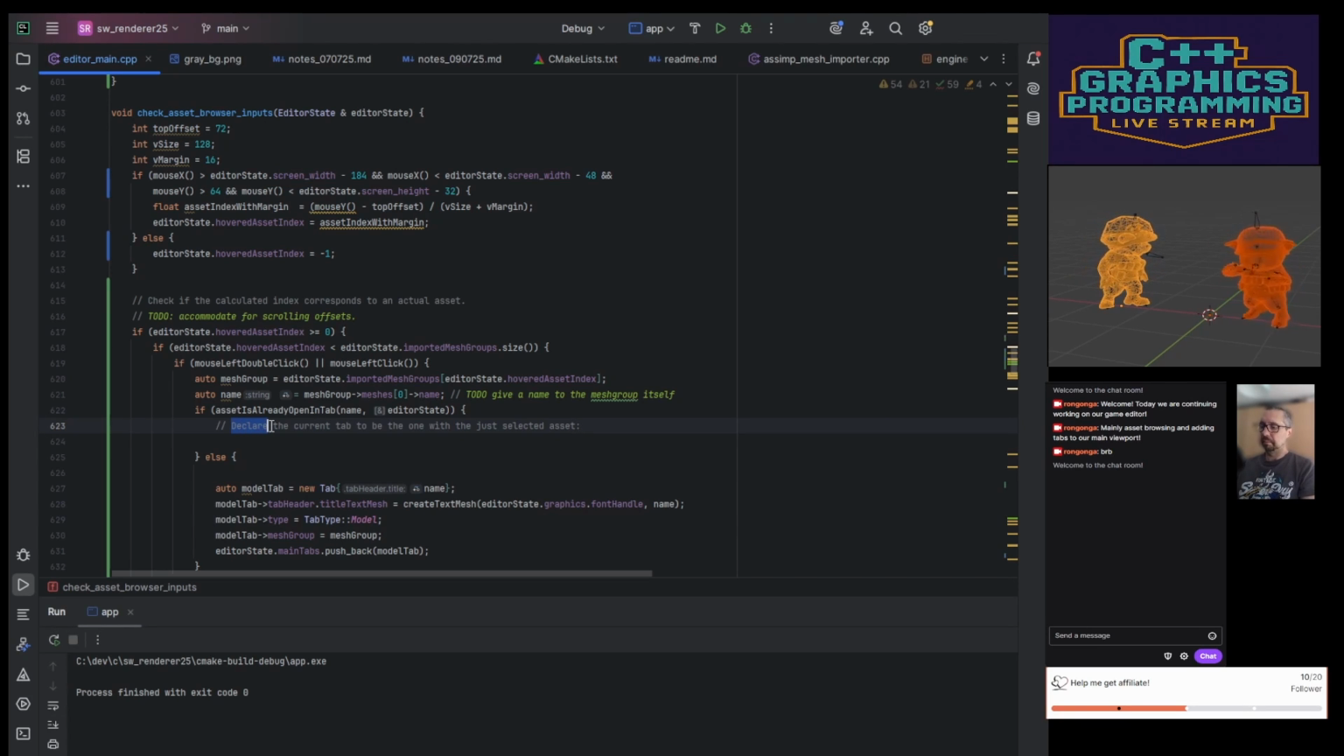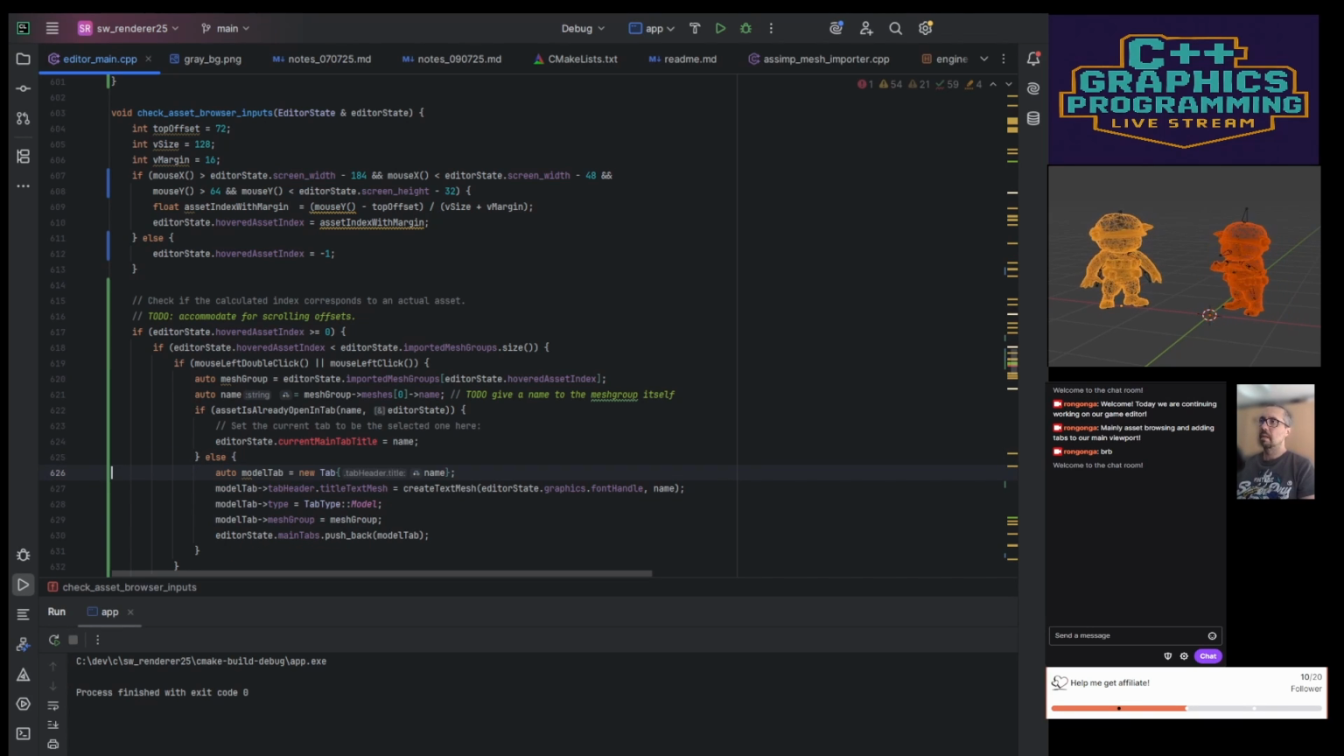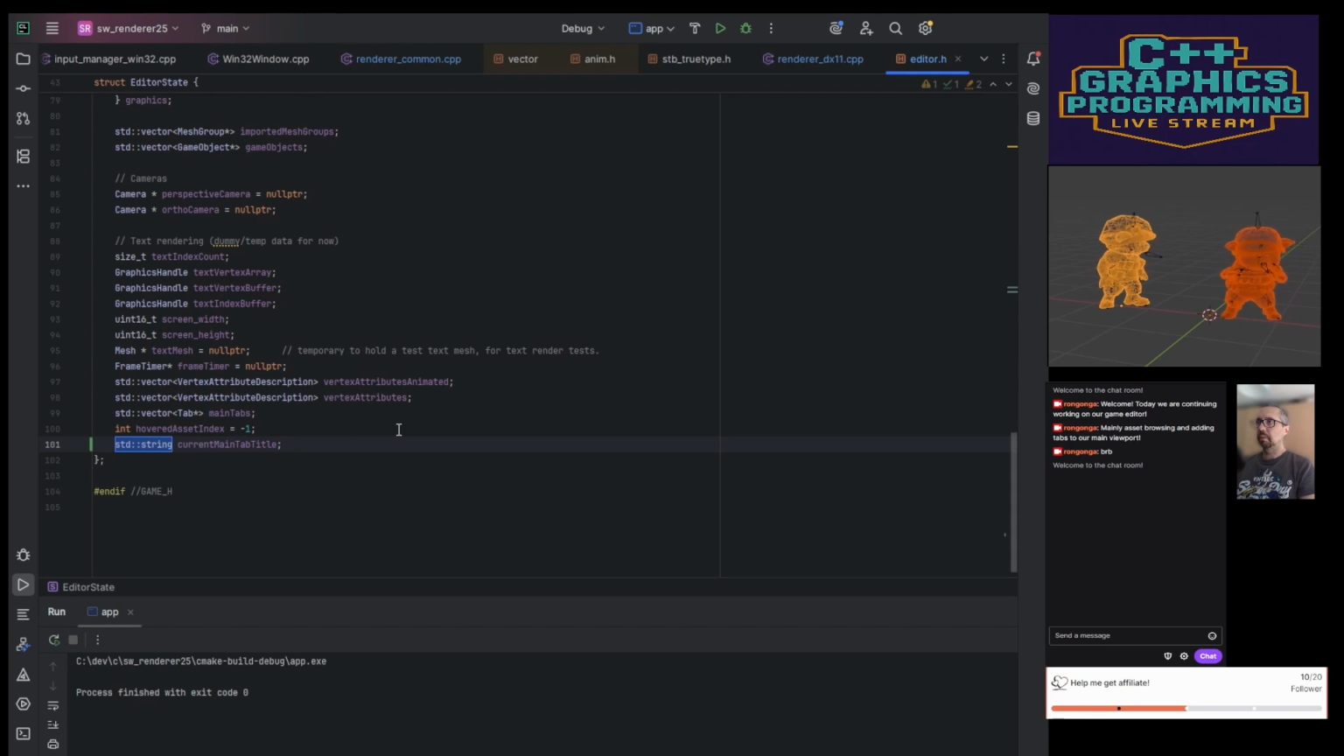I'll just set the current tab to be the selected one here. So we have the editor state, and we just say that we have now something like a current main tab. Current main tab title equals name, because now first of all we will create this property, and we'll probably put it somewhere where the main tabs are. Yeah, but I mean,